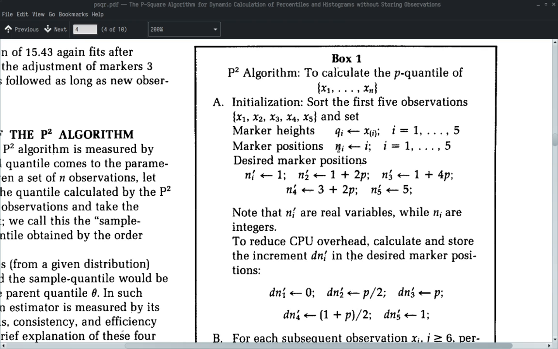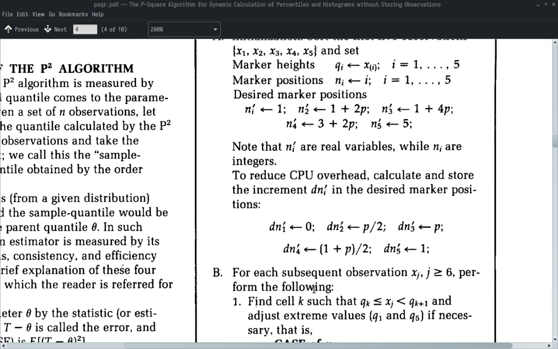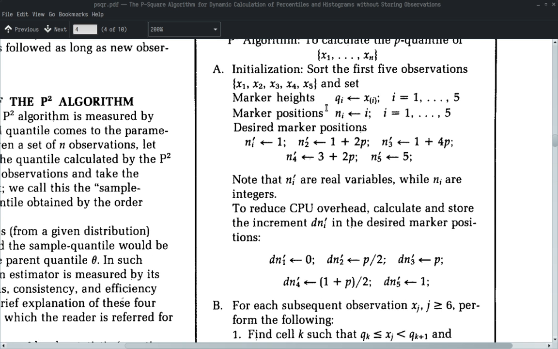So that's part A. Okay, so then for part B, once I have more than 5 observations, if I have the 6th observation, how do I update all of this information? All right. So keep in mind, just to reiterate, the actual percentile that you want to calculate in terms of the markers will be the